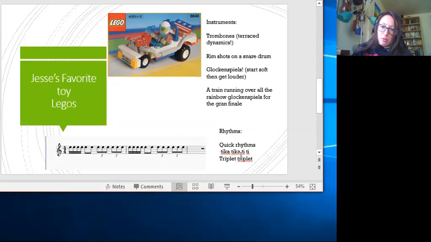For rhythms, I thought I would use quick rhythms, like building, really quick little putting the pieces together. I would use 16th notes, tika tika ti ti triple it, and I thought I would use the triplets because sometimes building and creating things can be done in an irregular meter. So I thought that would add some variation to the meter by adding these triplets, and it would be a good way to write a song about building with Legos. Tika tika ti ti triple it. I would use that rhythm, I think.